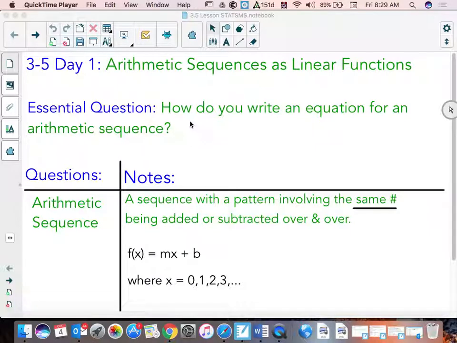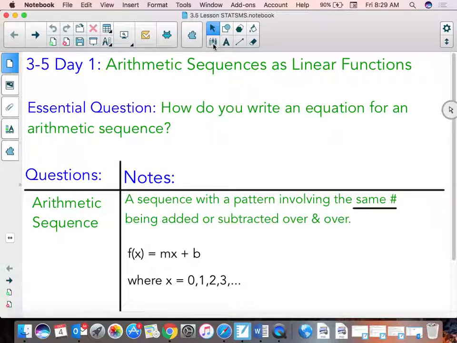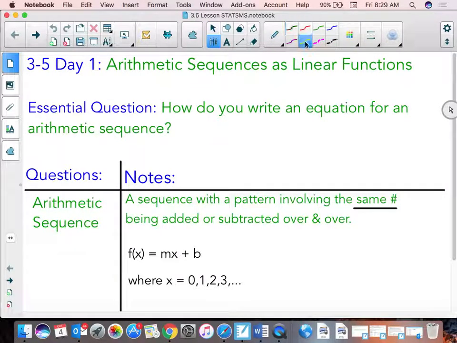So an arithmetic sequence is a sequence with a pattern involving the same number being added or subtracted over and over. So the key word there is added or subtracted. It's like a list of terms, and you are either adding the same number each time or subtracting the same number each time. So for example, if you have 5,